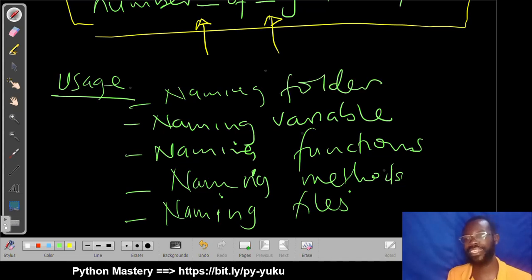So in our case, we are going to name folders and files this way. In future, when you learn about variables, functions, and methods, always remember to use snake case. Snake case is used in programming languages like Python, so it's commonly used. So where are you going to find snake case? You're going to find it in Python,